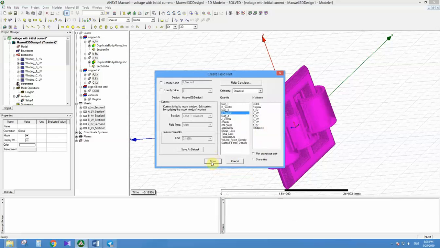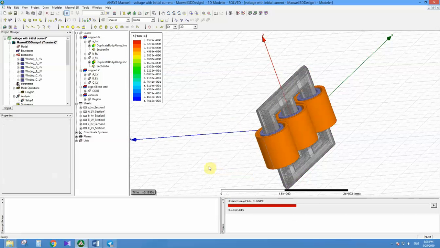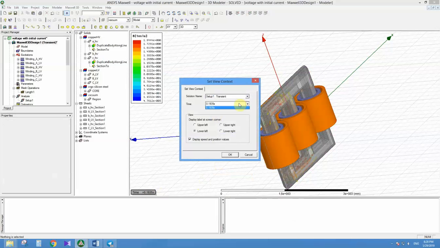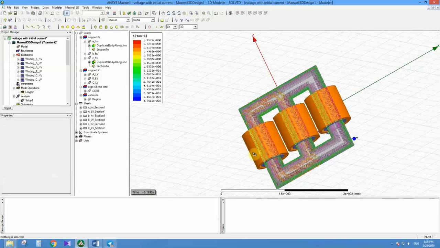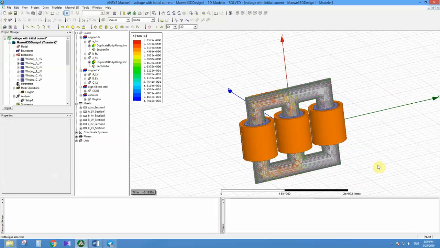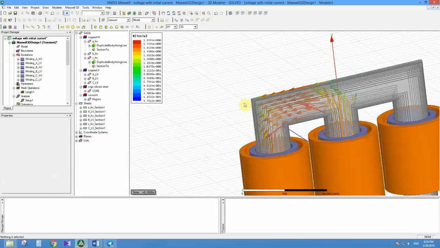When you select the B vector and click on done, you should select the time that you want to view the field. I've just saved the field at the last second that I've simulated. It's here, but if you want more fields to be saved,